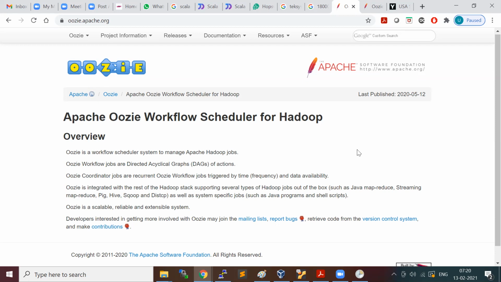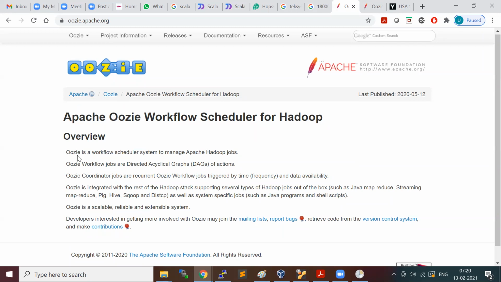So there are many features available in Oozie. What you do in Oozie is schedule your job using configuration files, and those configuration files are XML files. If you want to create a workflow, you create an XML file and define your job information. If you submit it to the Oozie scheduler, it will take your information and run your job. So that's a high level overview of Apache Oozie. Now we'll go one by one.